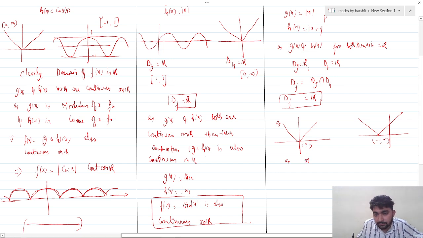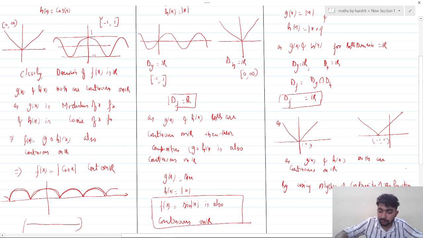So as g of x and h of x both are continuous on R, it implies that by using the algebra of continuity of the function, we have